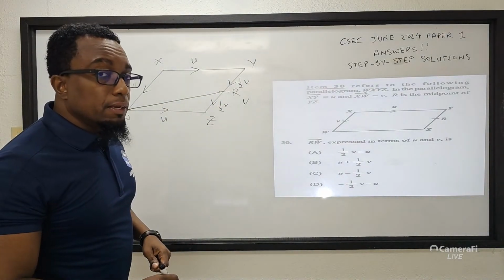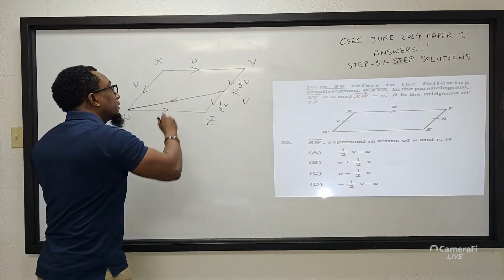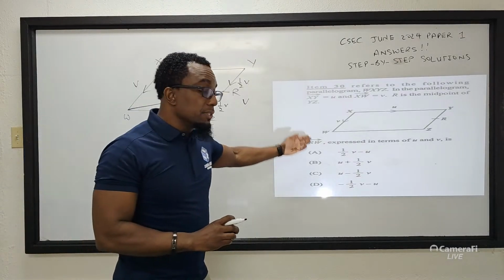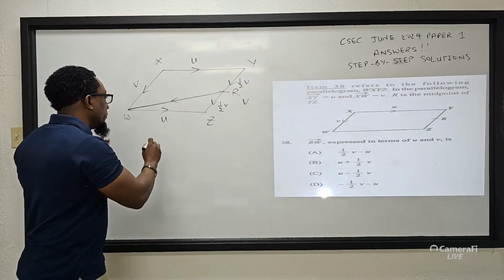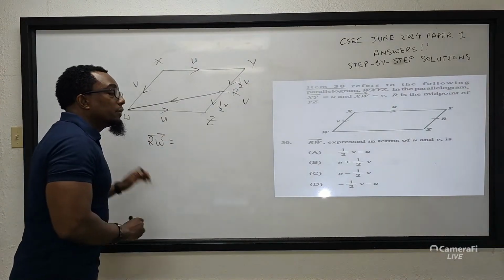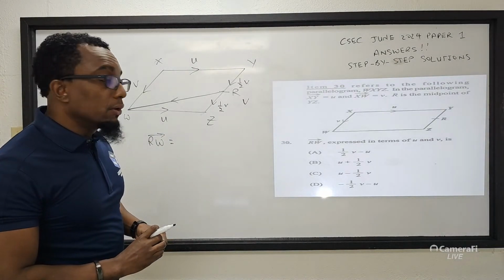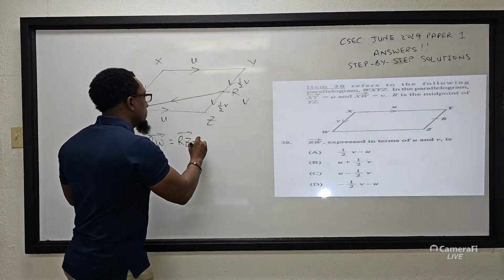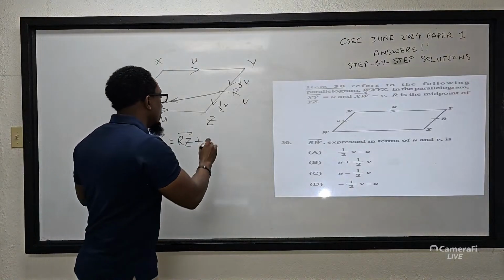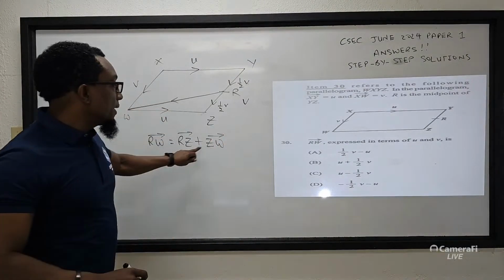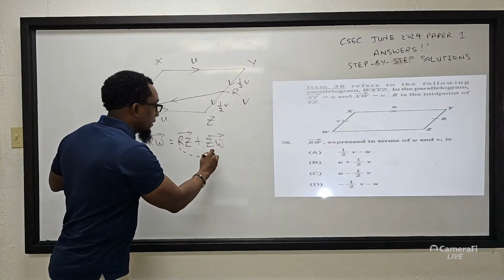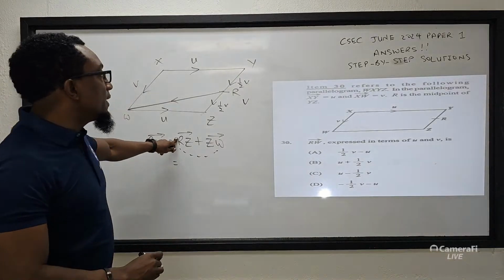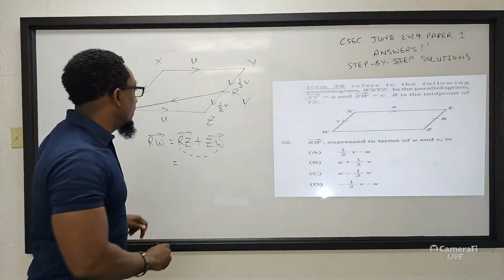Of course, for it to become a vector, you must place the direction, which is from R to W, and of course you want to determine what's the magnitude, which is one of these options here. So to find vector RW, we can use our formula developed from the triangle law. It's going to be vector RZ plus vector ZW. Once the two inner letters are the same, we connect the outer to give us our RW, which is what we want to find. Now, vector RZ, the magnitude is a half V